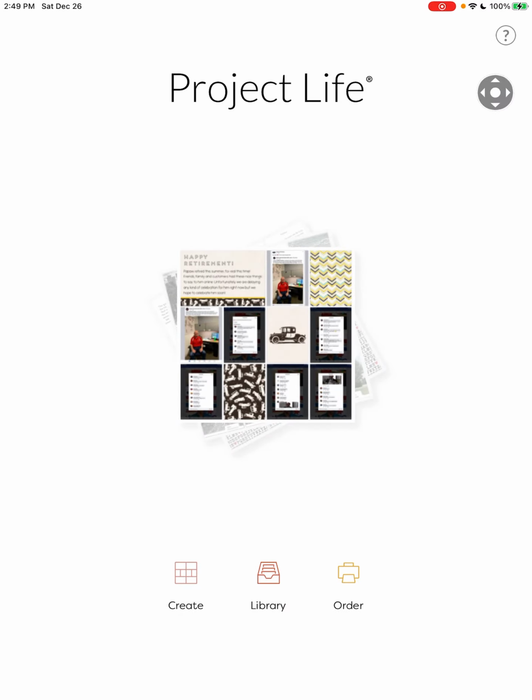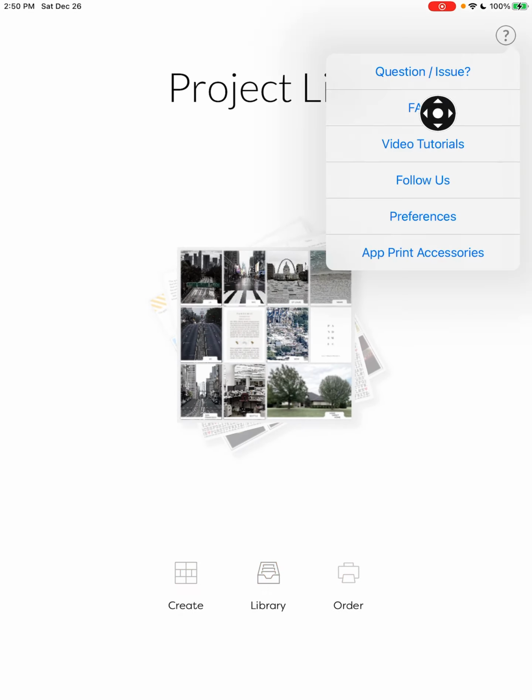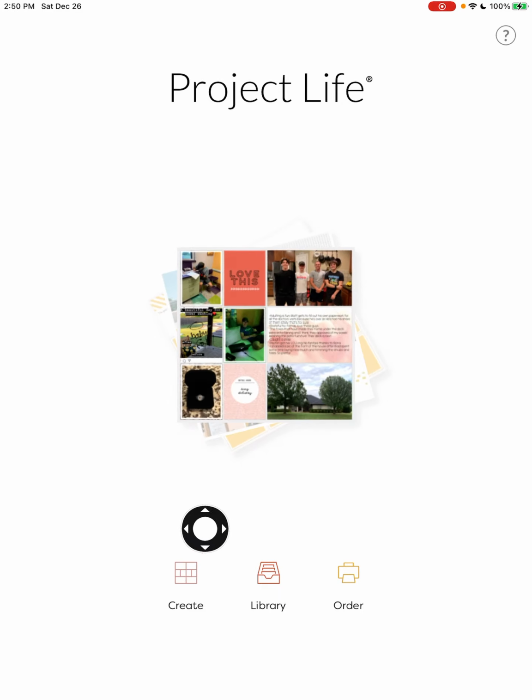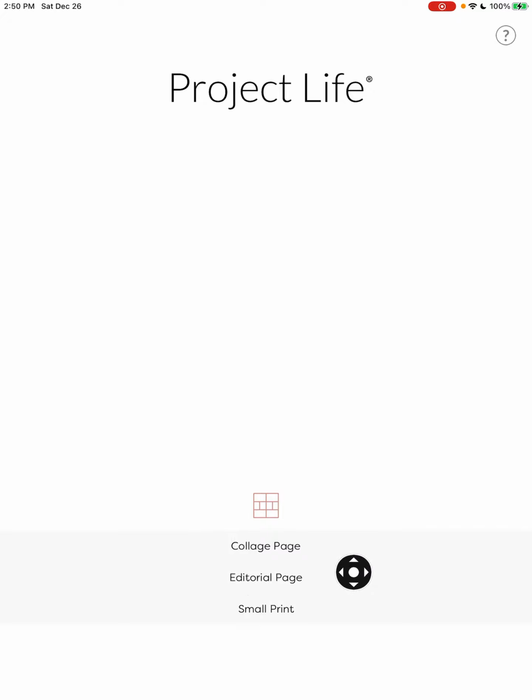Okay. So we need to now do an editor. Oh, wait. We need to first turn the drop shadow back on. All right. Now we're going to create an editorial template to leave in our folder to duplicate later. So Android users, I know you don't have the editorial templates, and gosh, I hope you get them soon. It's ridiculous. But